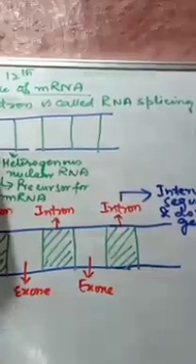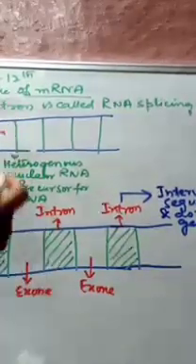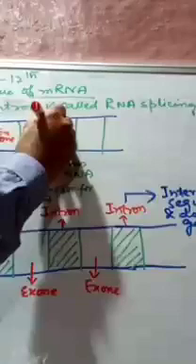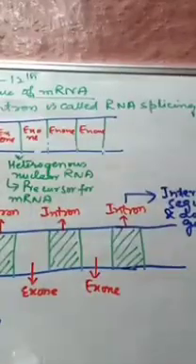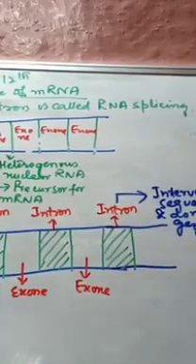Here we see the exons, which are the expressed sequences, lying side by side. So these are lying side by side. So a mature or spliced mRNA